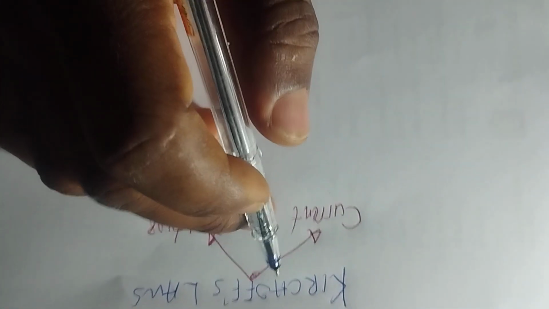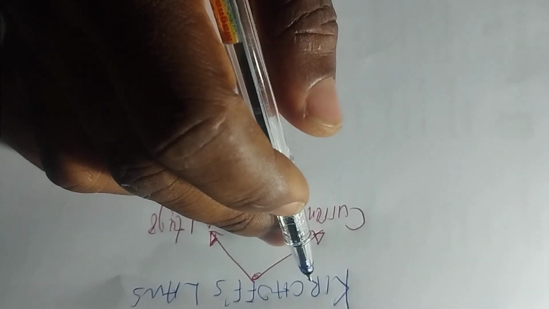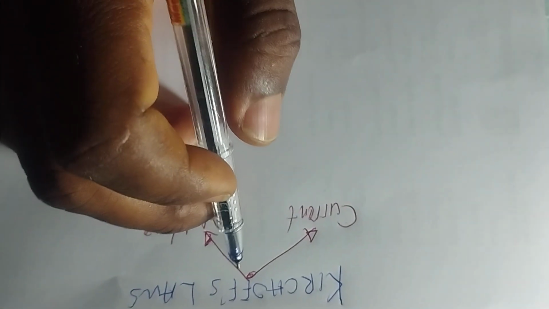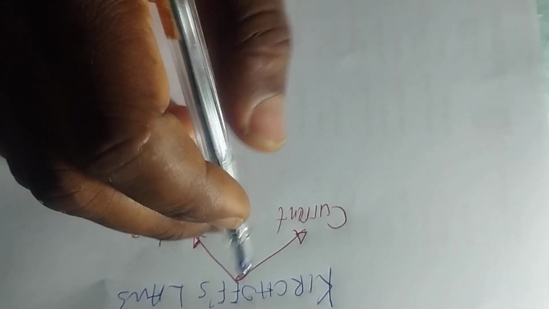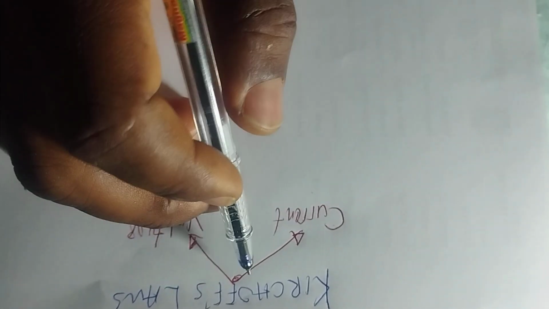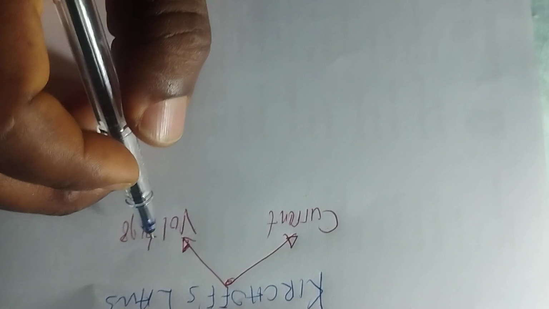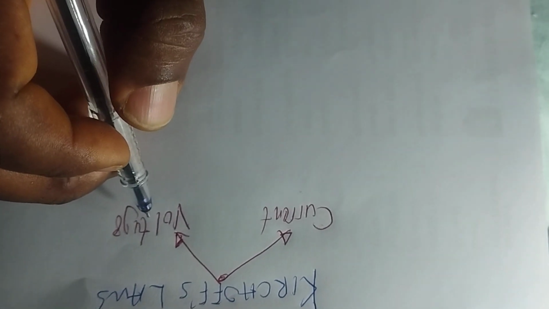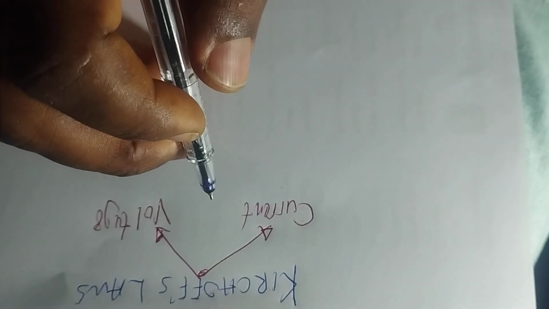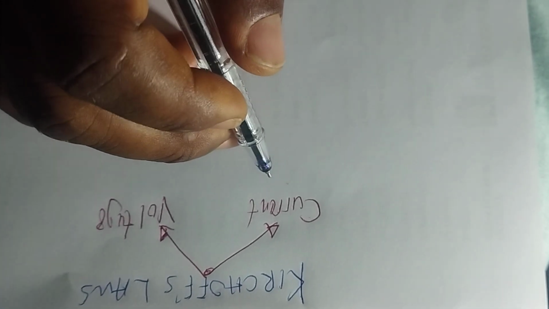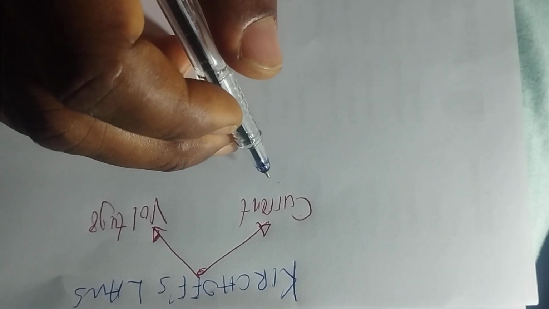Today, we are taking a topic regarding Kirchhoff's law under electric circuits. Now, there are two Kirchhoff's laws. We have what is called the current law, and we have what is called the voltage law. But before we go into describing the two laws, I want us to have an idea of what is called